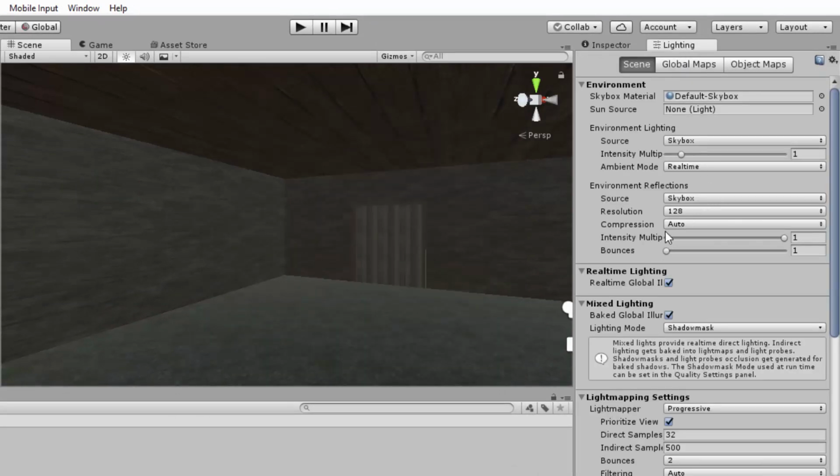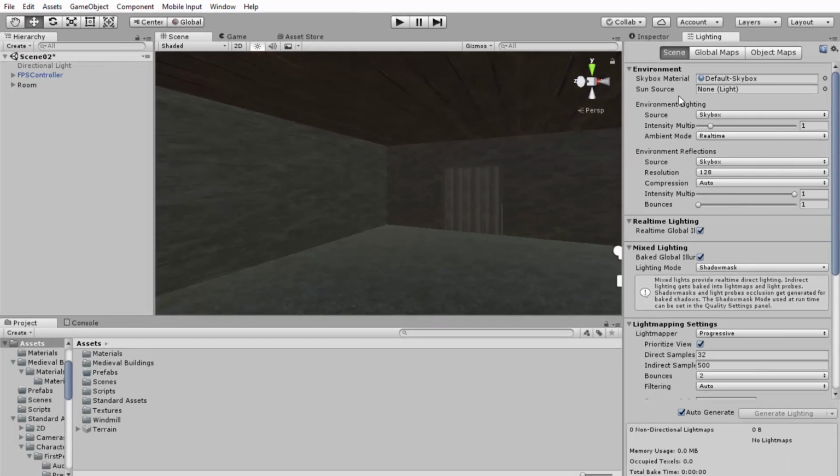Okay, so what's in here? We've got the environment component and a few other components, but the only one I'm going to talk about is the environment component. We can see that there is a skybox material, and that is where you can change the skybox, which you can imagine is the sky surrounding your world. It doesn't really matter in this scene because we're inside this room and we can't see the sky, but the skybox is what's causing the light. You can see right there the environment lighting source is the skybox,